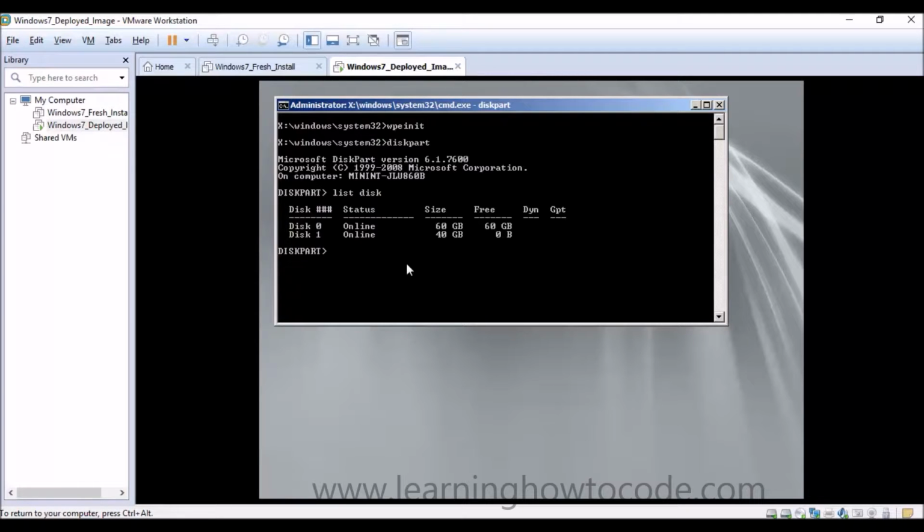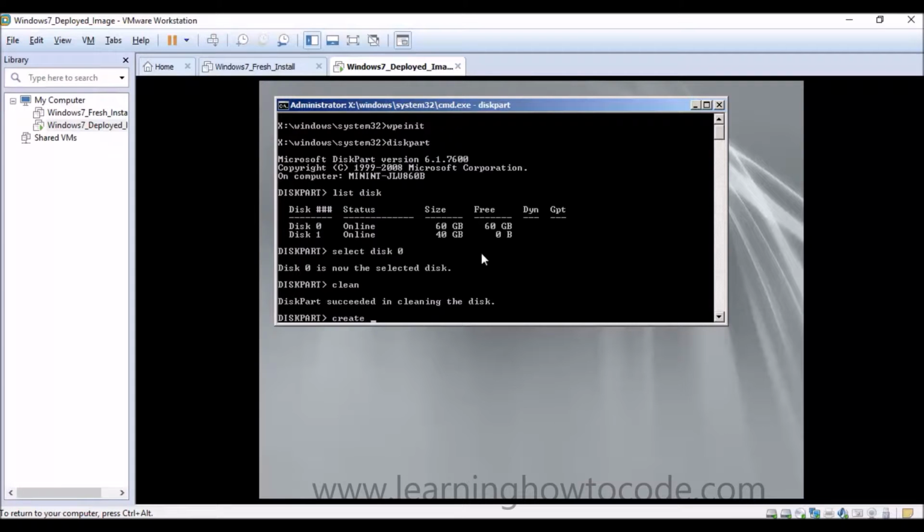And you can see here that we have disk 0, 60 gigabytes with 60 gigabytes free, which is the one we just created. And then we have disk 1, which has 40 gigabytes, 0 gigabytes free, and that is the one that we added. We're going to select the disk with the free space, so we're going to select disk 0, and it is now the selected disk,